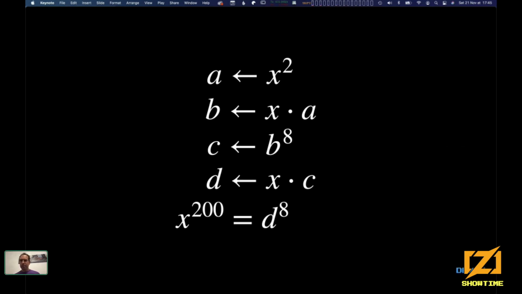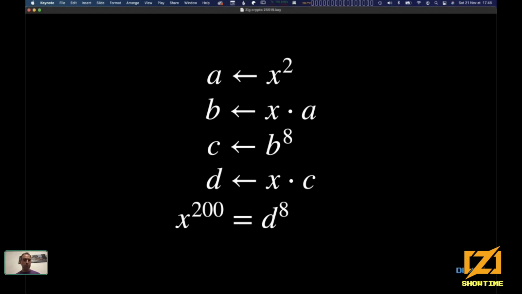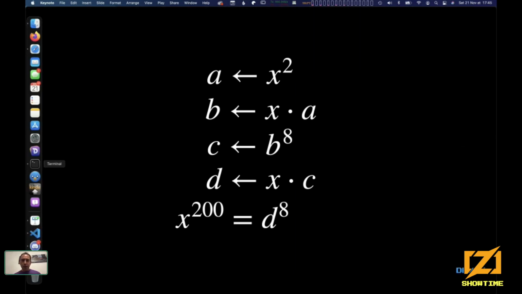So this is cool, but how do you find such a chain? How do you find a very small chain that would be more efficient than what we did before? It's a little bit complicated, and I don't think we have an algorithm to find optimal solutions. However, we have a couple of algorithms that we can combine to find solutions that are pretty close, or even the optimal solutions. And in order to do that, some tools can help you.